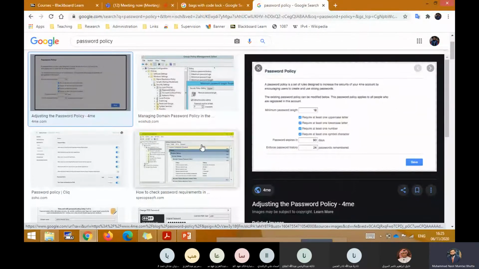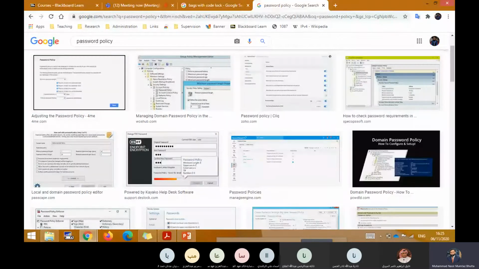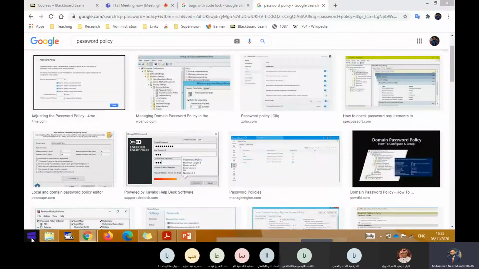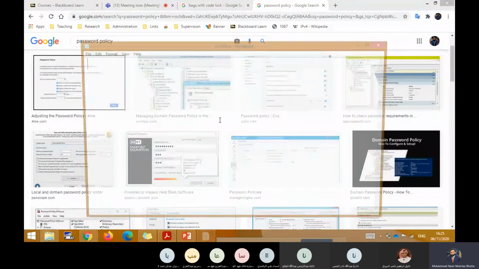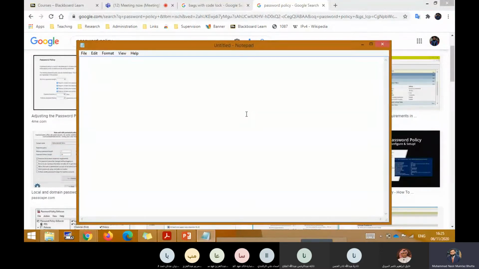For example, if I tell you the password policy is 5 spaces, I give you 5 spaces for 5 characters.